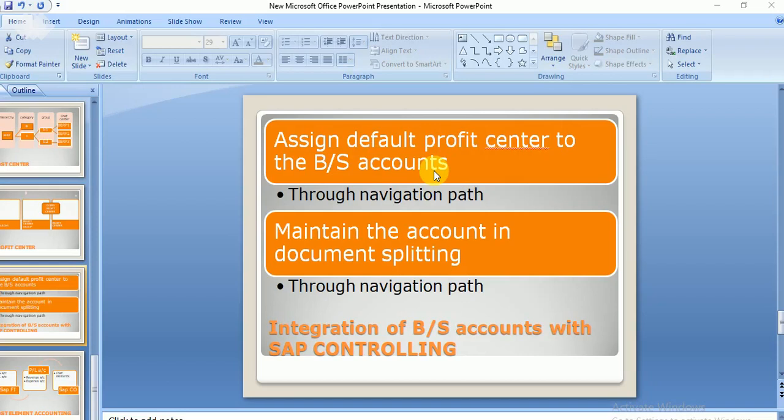It is also essential that all the accounts, not only the balance sheet accounts but also the profit loss accounts, should have a default document splitting configuration. We have configured this document splitting in a separate video.